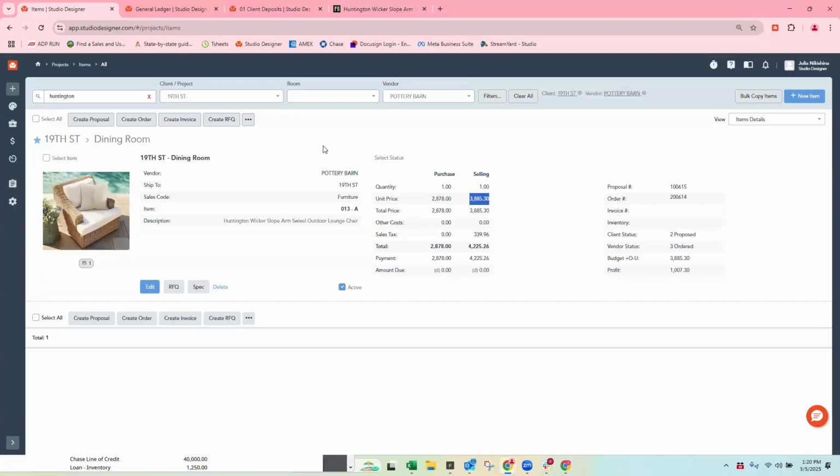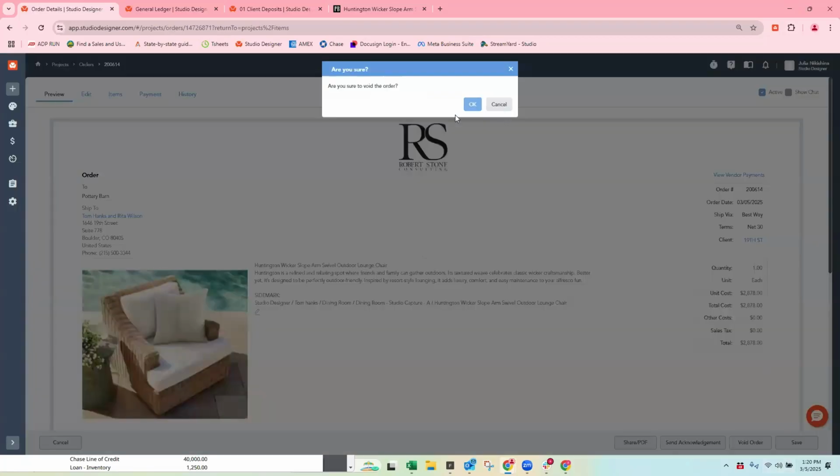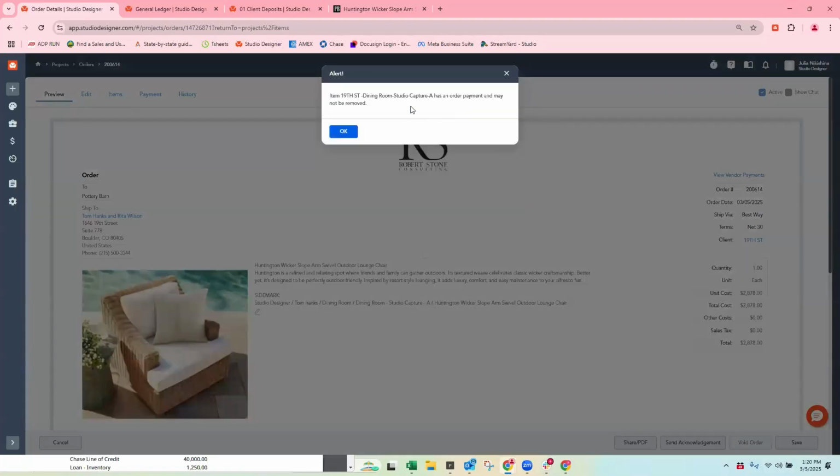We have a question. So will we ever be able to delete a payment once we apply it? I find that it is very confusing when we have to void the whole PO. So no, and really, I mean, the system is operating the way it's supposed to be. So that's a great question. You can't void this PO. It tells you can't void the PO. There's a payment applied to it.